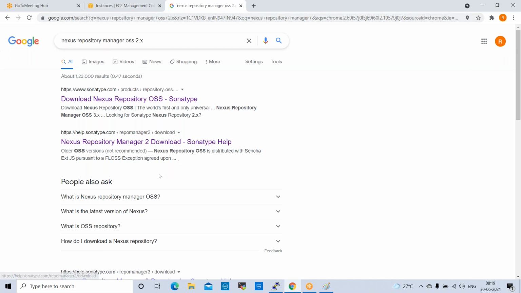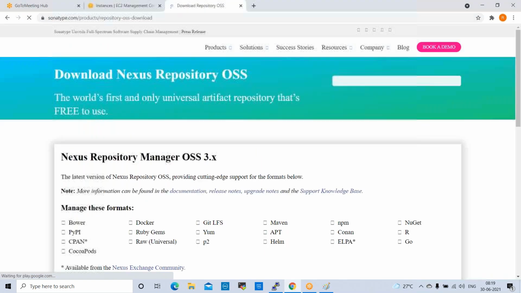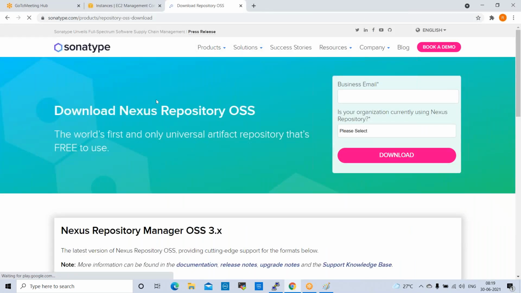This we need to search, and yeah, this is the first URL. Click on this first URL. Download Nexus repository OSS, Sonatype. So click on this.